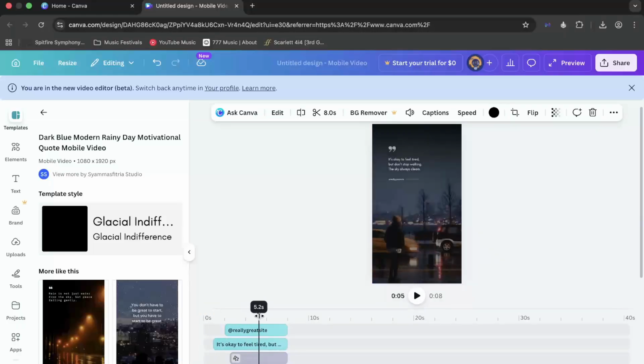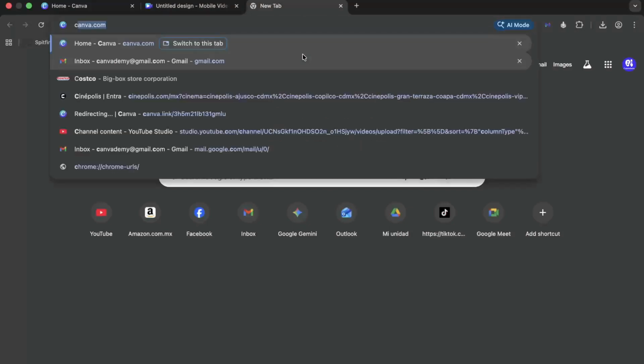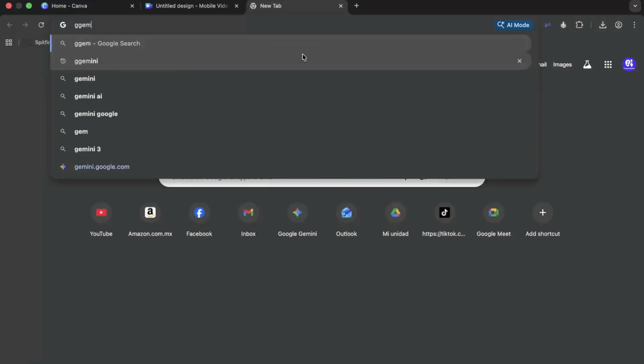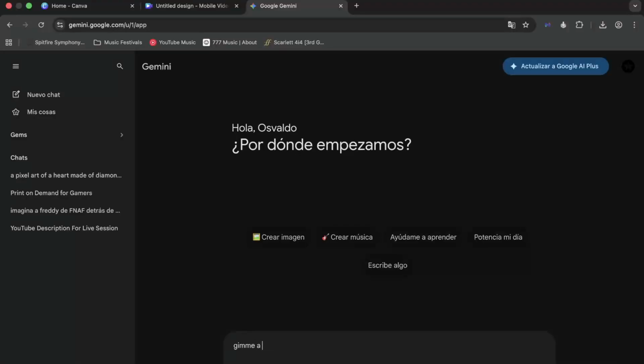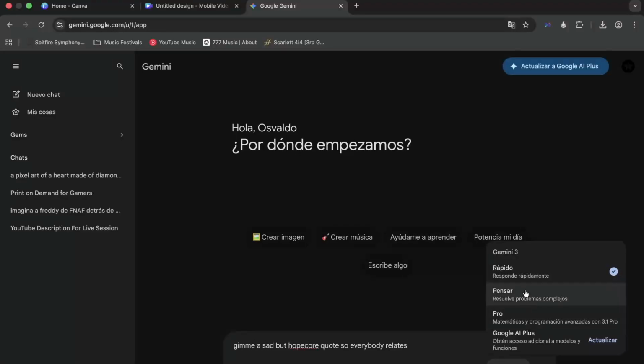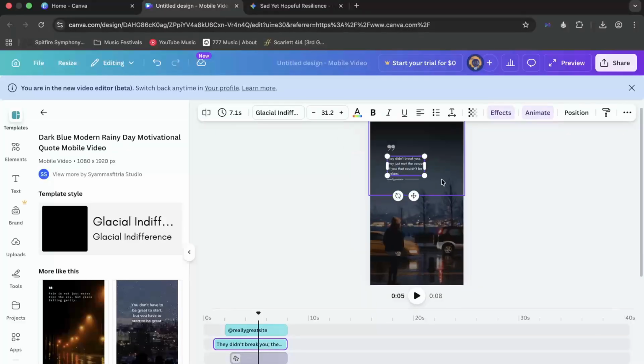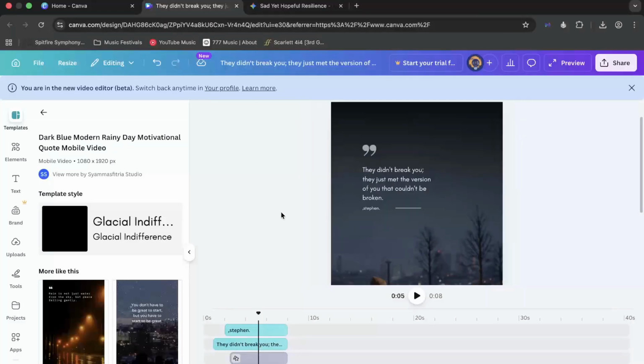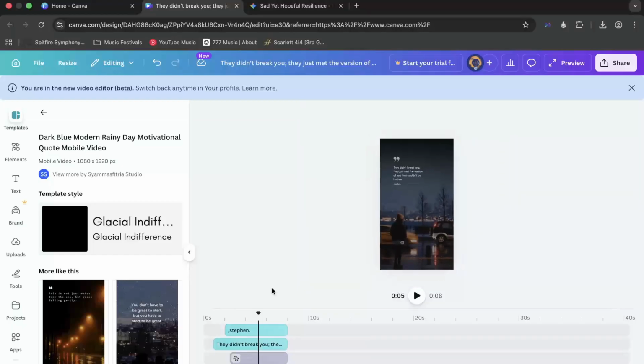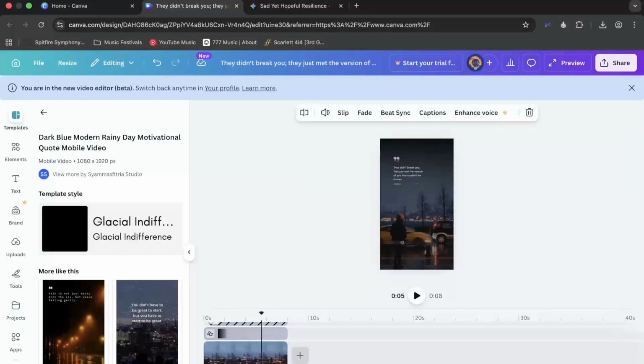Now the last thing that I'd love to do is, for example, add, let's say, a quote. So let's say, for example, that I wanted to get started with Gemini. So with Gemini, let's say, for example, give me a sad but hopeful quote so everybody relates. Select my actual title, double click, and try to change this for you. So when I finish with my actual video, even what you can do is select your audio, and here